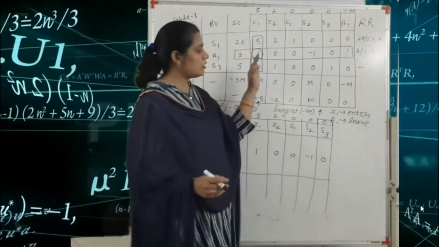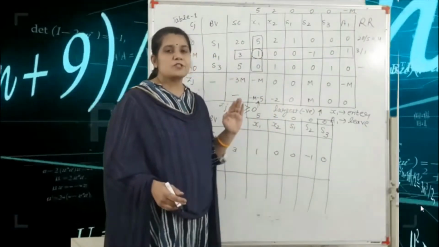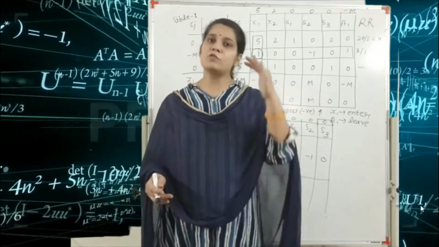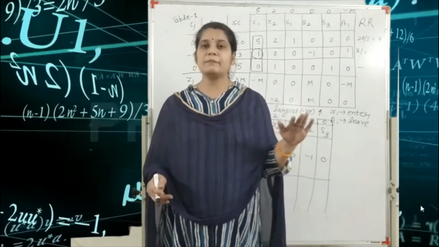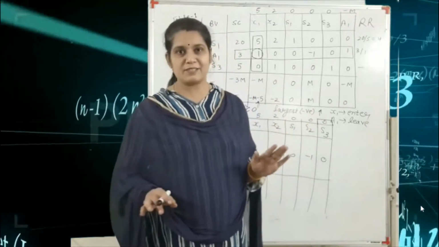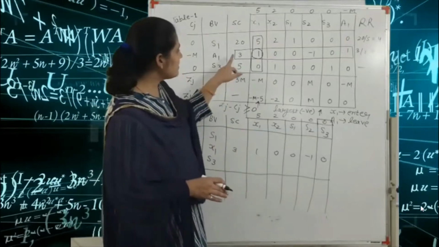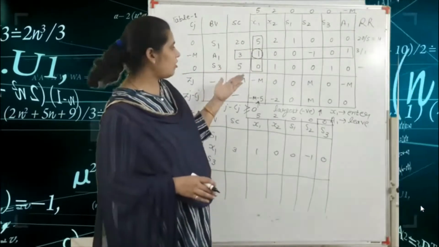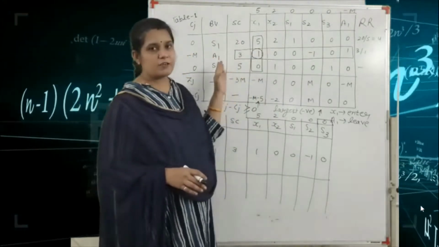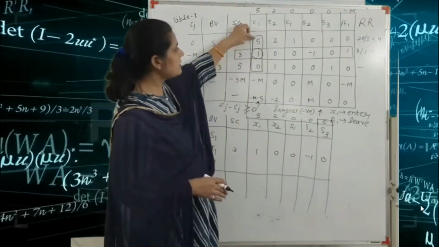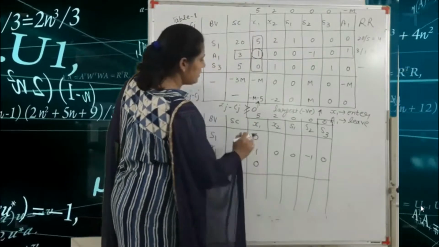Here the A1 column, we ignore, because the A1 variable is leaving. So if an artificial variable leaves, you ignore it in the next table. But this condition is not applicable to slack variables and surplus variables. So always keep that in mind. Here this equation is as it is because the key number is 1, so there is no change in this equation. Immediately you write 0, 0 in these two places because this is your key number.